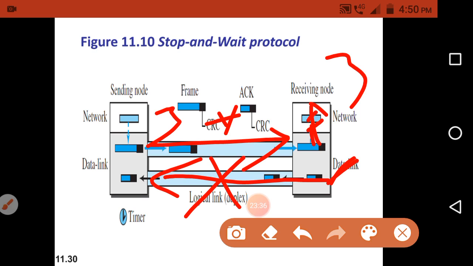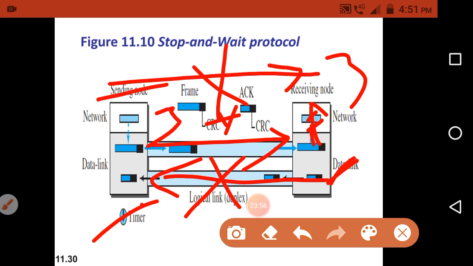So the sender will wait for the acknowledgement within the timer. Once the timer expires, the sender will think that the receiver has received a corrupted frame, or that the frame has been lost in the middle. So the sender resends that same frame, the third frame. The data link layer verifies that third frame, and if it is correct, extracts the packet and delivers it to the network layer.